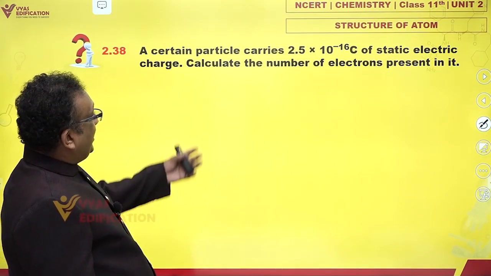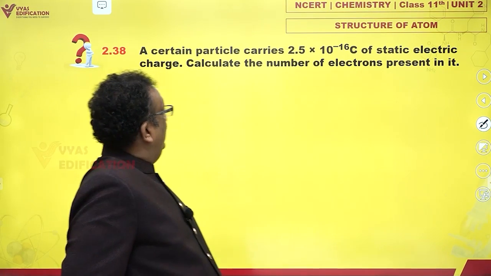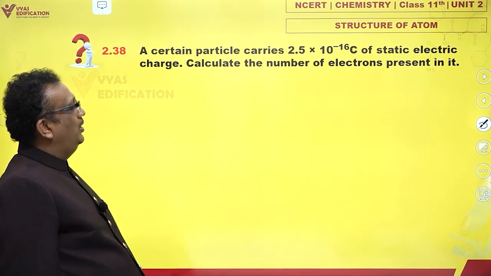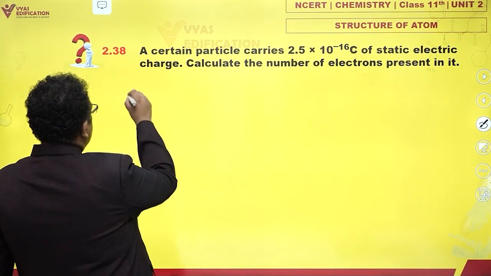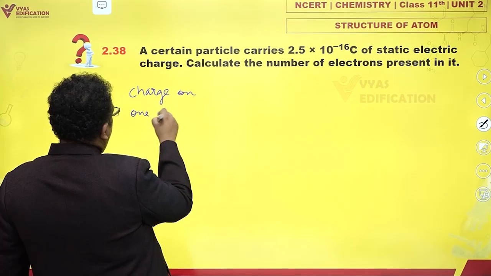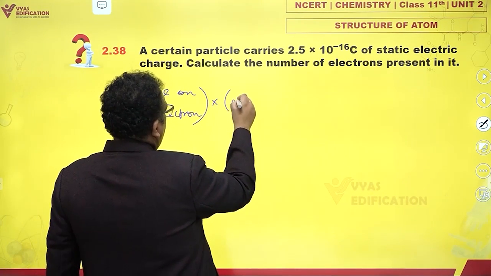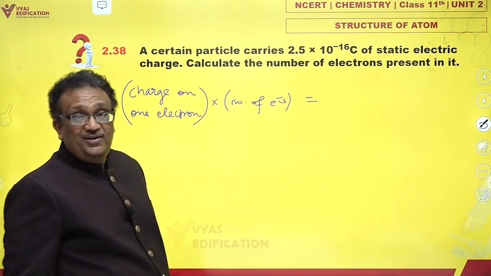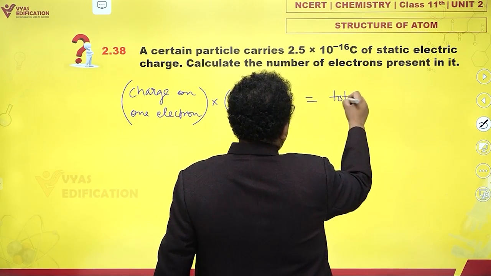A certain particle carries 2.5 into 10 raised to minus 16 coulombs of static electric charge. Calculate the number of electrons present in it. Wow. Well, what is the charge on one electron? Charge on one electron multiplied by the number of electrons, right? This would be equal to what? This would be equal to the total charge